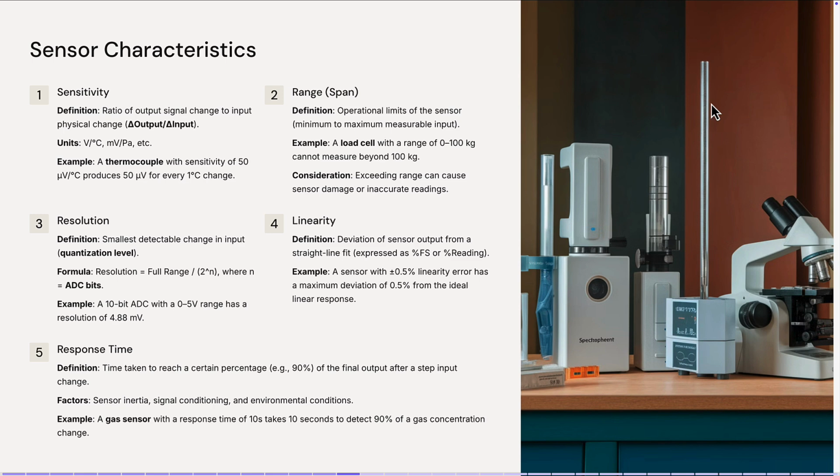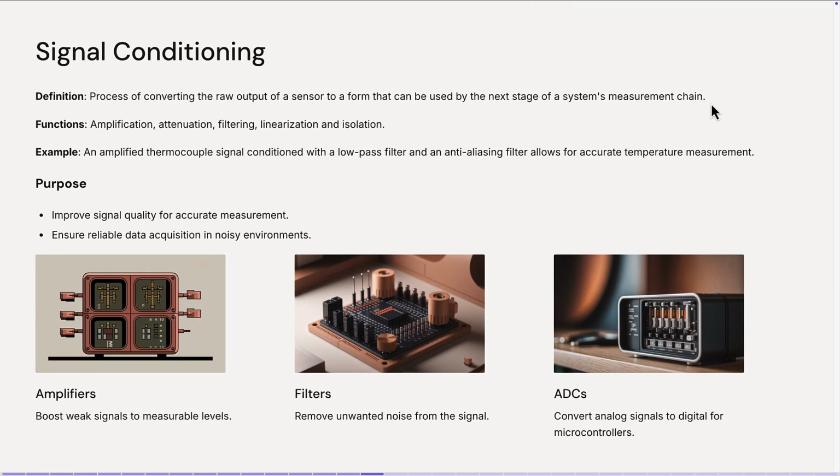So this is a summary about the sensor characteristics. Another thing that is important to know is the signal conditioning, including amplifiers, which boost the weak signals to measurable levels. Okay, because sensing often produces a weak input amplitude. So we boost them, especially if we want to send them to a remote location, and filters to remove unwanted